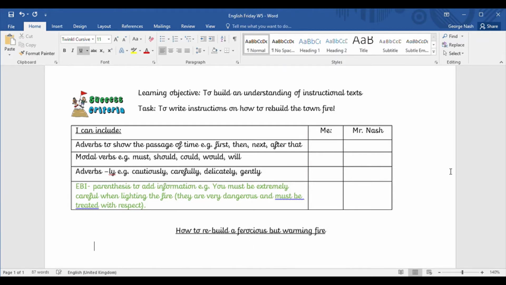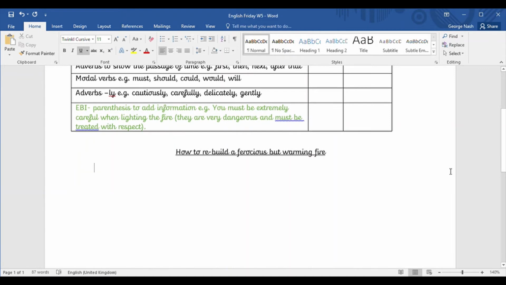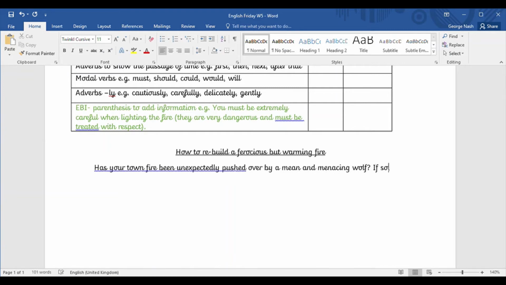Okay, and I'm going to do a little illustration. You could do an illustration, but I won't do an illustration. A little introduction here. Now I'm going to try and make it slightly funny for my reader, okay, and slightly entertaining so they enjoy reading my text. Okay, so has your town fire been unexpectedly pushed over by a mean and menacing wolf? Question mark. If so, read on about how you can rebuild